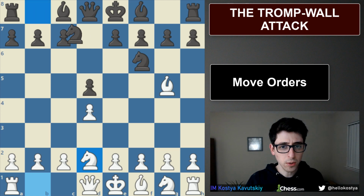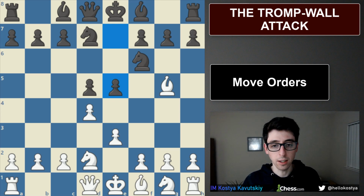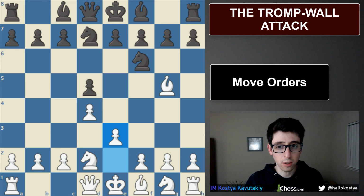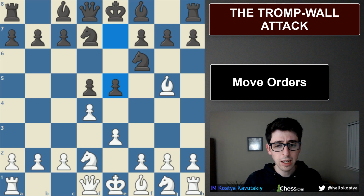Lastly, after knight d2, knight d7, e3, black can play this move e5, which I've almost never seen. When playing this line in many blitz games, for the most part, I'll see one of these setups with g6, bishop g7, or e6, bishop e7, kind of like we started looking at the beginning of the video. But I do just want to point out this line e5, as it does kind of stop our Stonewall attack